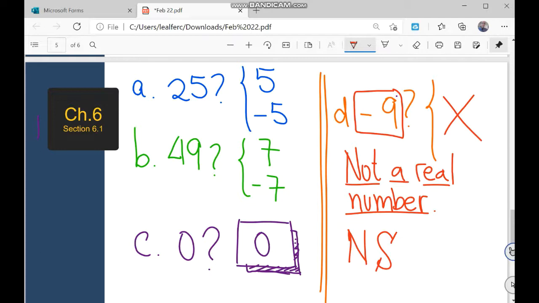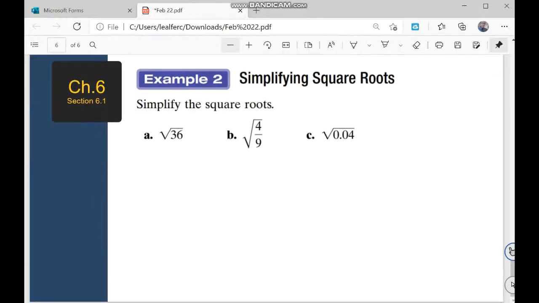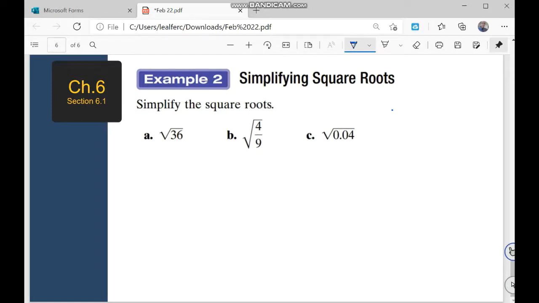Now, pay attention. There's another way of asking this kind of question. Don't mix things up. This is a different way. Look, simplify the square roots. Now you are given the square root symbol like this, and here a number, and you have to find another number, right? When you have something like that, you're going to answer only with the positive square root. Only with the positive, okay? So let's say,